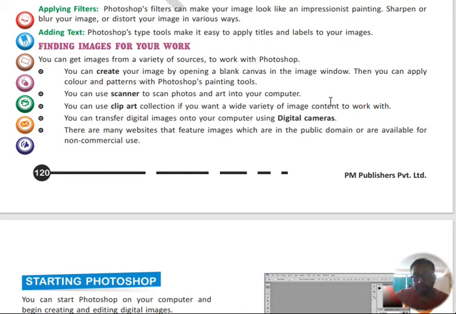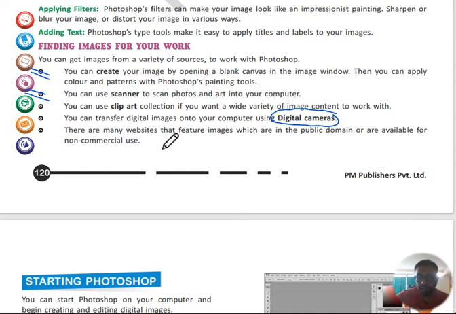You can find images for your work in different ways. Either you can directly edit the images that are present in your camera itself, or you can use a scanner to edit the image. Any form of digital images can be transferred using your digital camera.